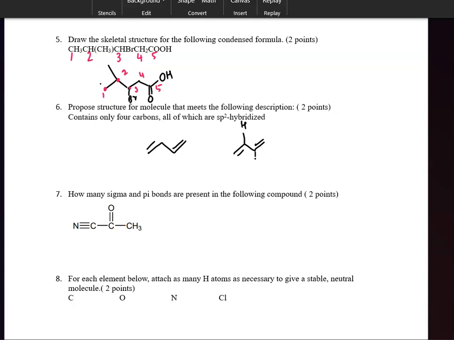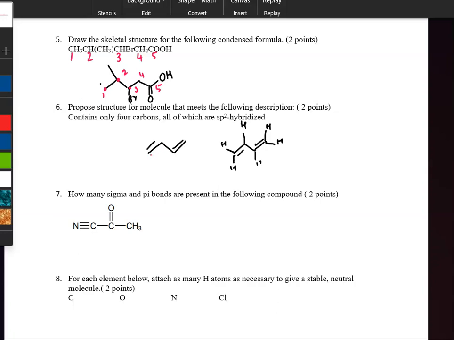There is a hydrogen here, there is a hydrogen here, we have hydrogens here. This is 2 hydrogens. Okay? But if you look, all the carbons here are sp2 hybridized. This is sp2, this is sp2, this is sp2. So they are all sp2